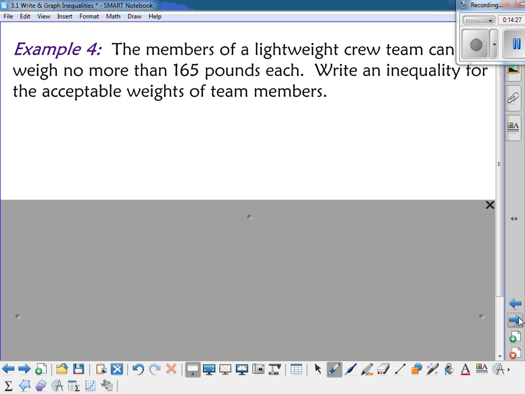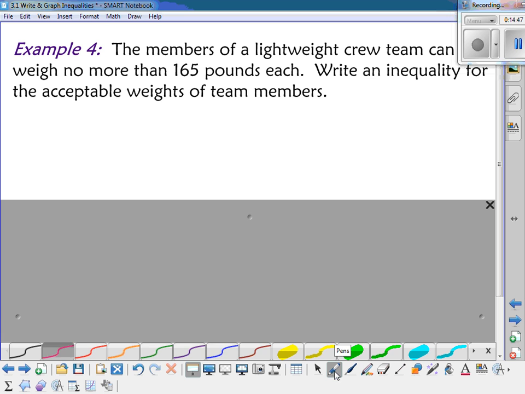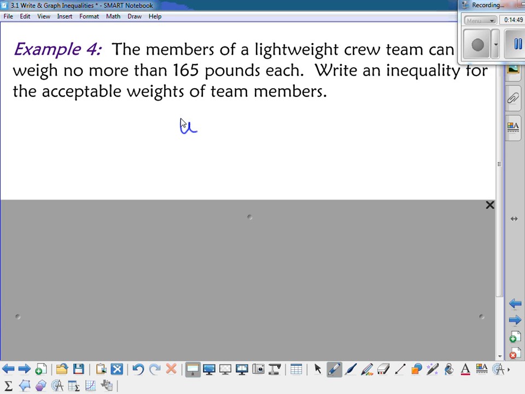Okay, now on occasion you'll have a word problem that you need to write an inequality for. So for example, the members of a lightweight crew team can weigh no more than 165 pounds each. We're going to write an inequality for the acceptable weights of the team members. So I'm going to use W for weight. So they can weigh no more than